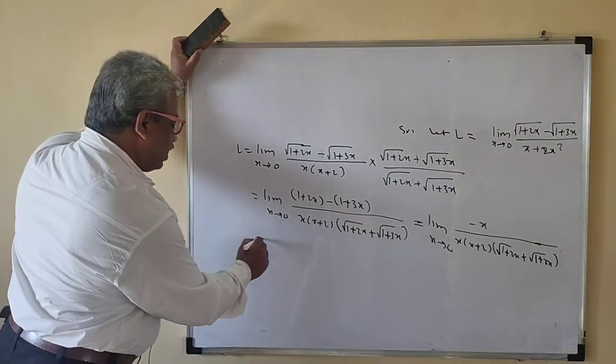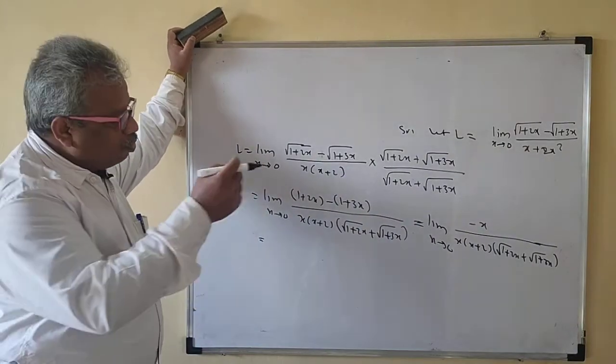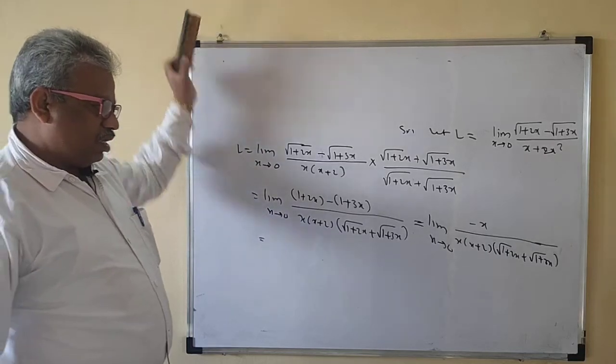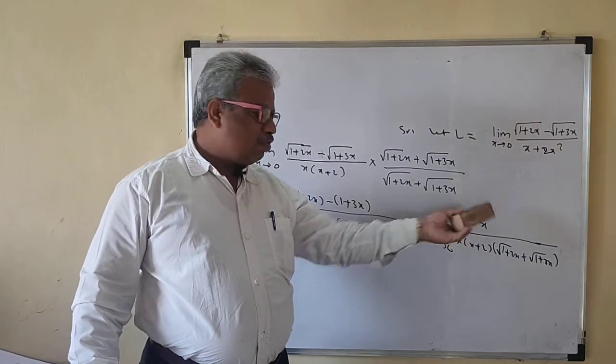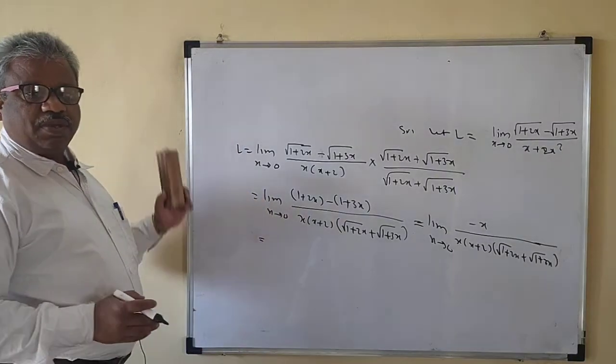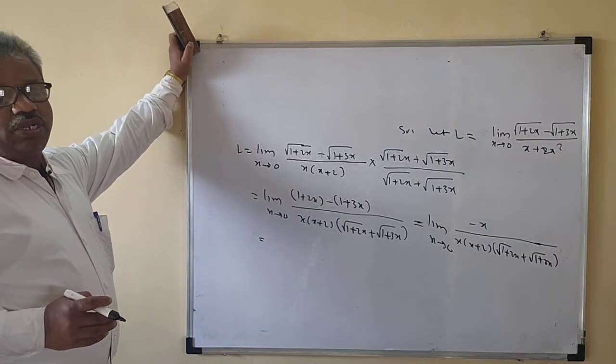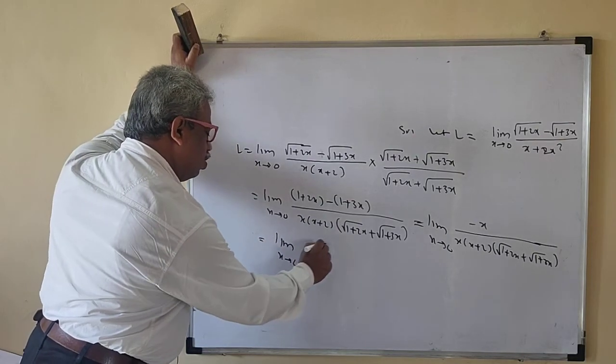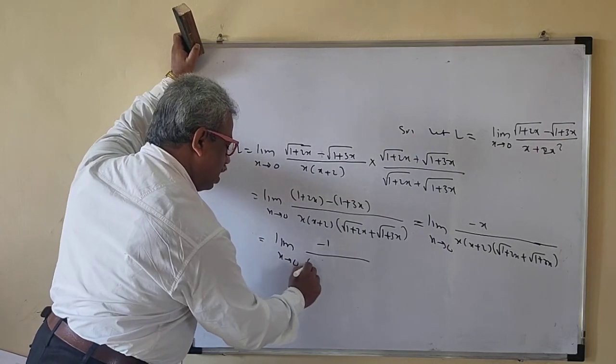Okay. So now your x gets cancelled. That is our aim. You have to remove the x that is tending to 0, that means x from the numerator and denominator. See, in the denominator there is x, in the numerator there is x. You have to cancel this because x tends to 0 means x not equal to 0. So this is what then? Limit x tends to 0, minus 1 upon x plus